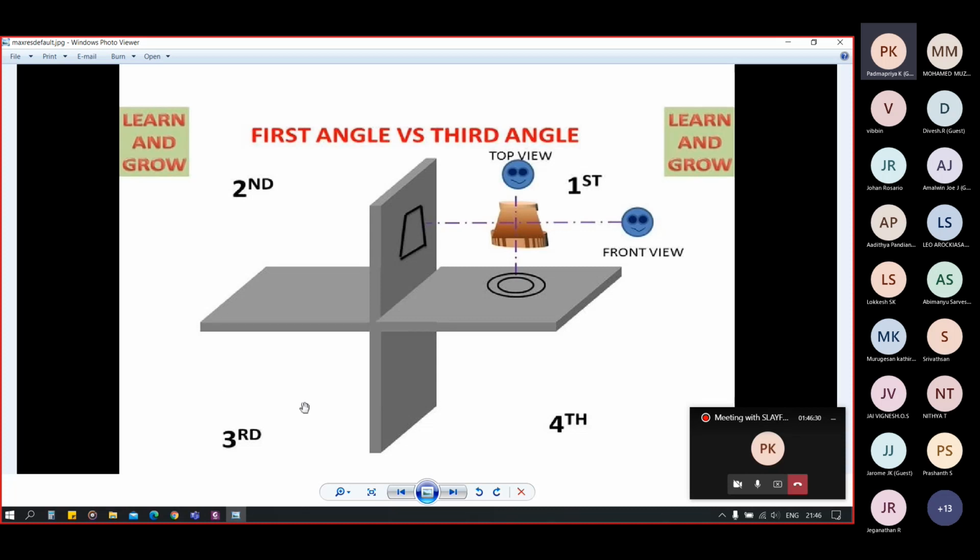But in the third angle, you can see the plane is between object and observer. So the top view will be at the top of the front view. Are you getting my point? So where is the observer in third angle projection, sir? Actually, let me show you the other example.